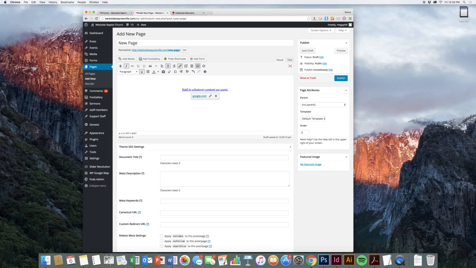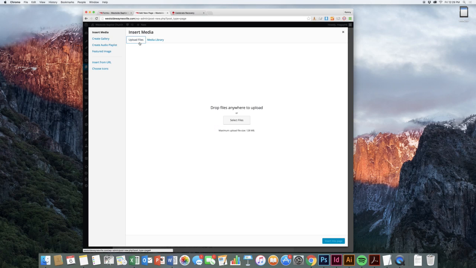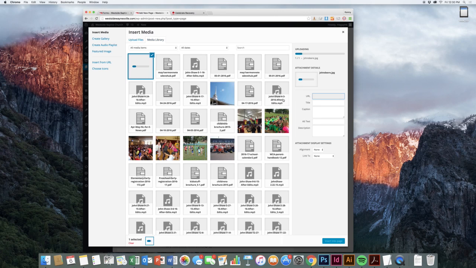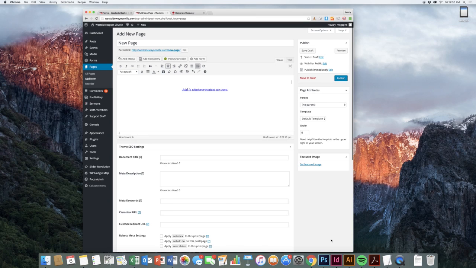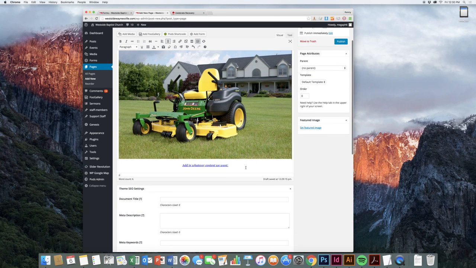If we think we need an image here, then we can click Add Media. And we have a lot of images right here on the page, but that's not what we're wanting right now. So we click over here on Upload New Files, and then we find that we want to have a nice picture of a John Deere lawnmower. Now it's uploading, and we insert that into the page, and it looks beautiful. And just like my house and lawn,